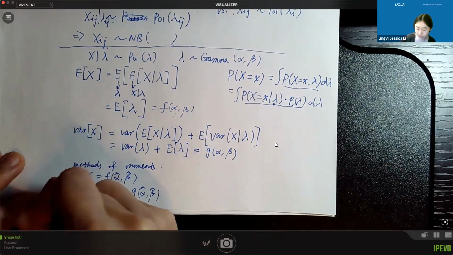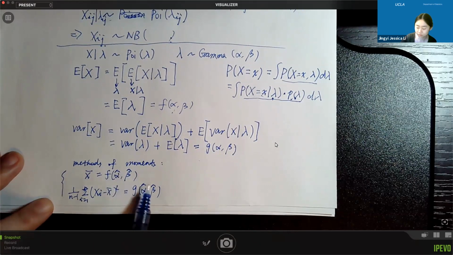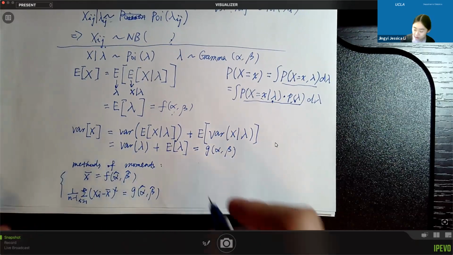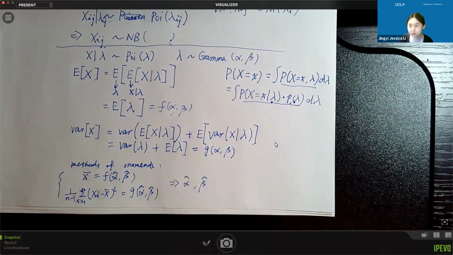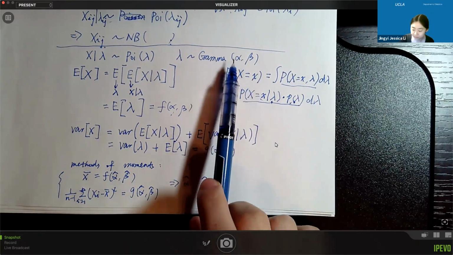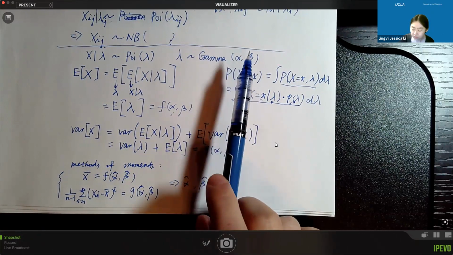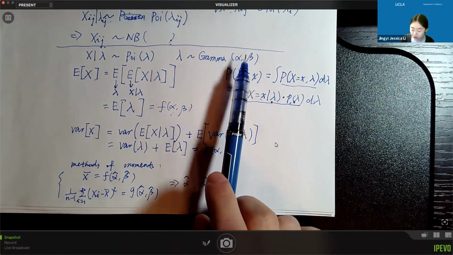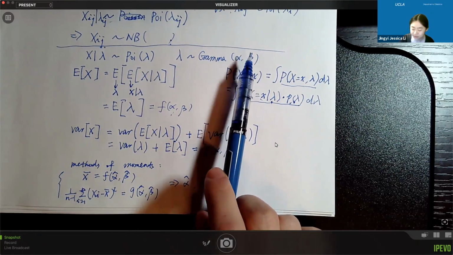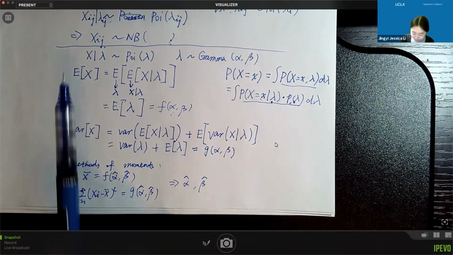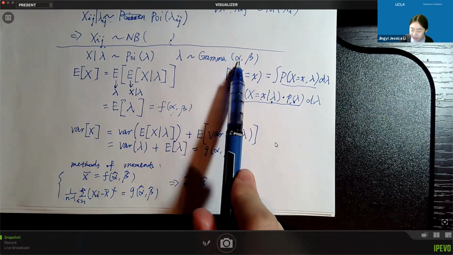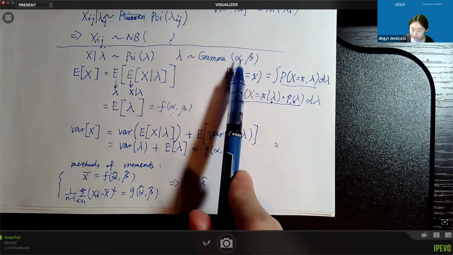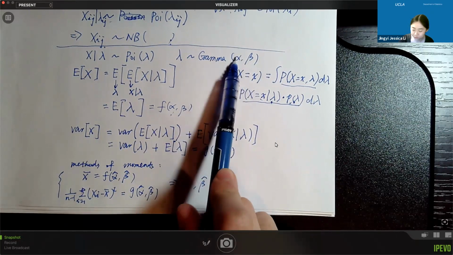Given those two equations, you have two unknown parameter estimates, and you can solve for alpha hat and beta hat. This will be a very simple way to estimate alpha and beta so that you can have the distribution fit to your